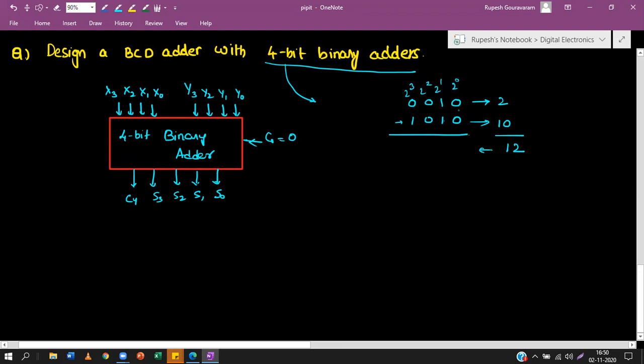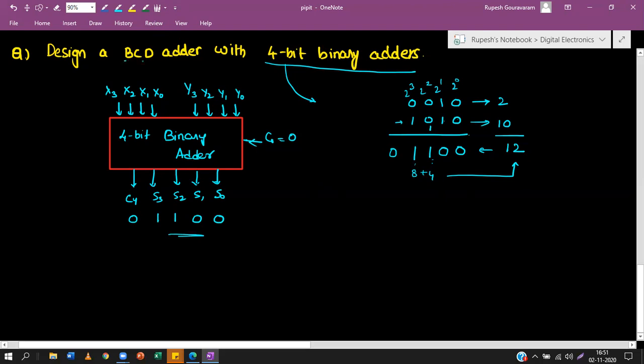If you add these two, 0 plus 0, 0; 1 plus 1, sum is 0, carry is 1; 0 plus 0 plus the carry 1, sum is 1, carry is 0; and 0 plus 1 is 1. So 1, 1, 0, 0. So this is 2 power 3 plus 2 power 2, that is 8 plus 4. So it is matching with the decimal value 12. Okay, this is what you get as the output. Here carry is 0, so you'll get this output as 0, 1, 1, 0, 0.